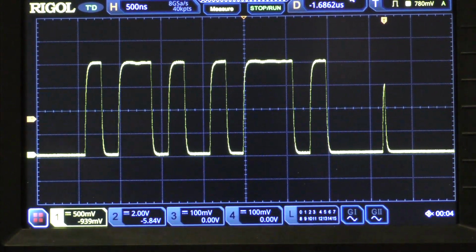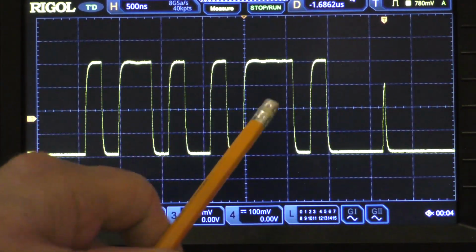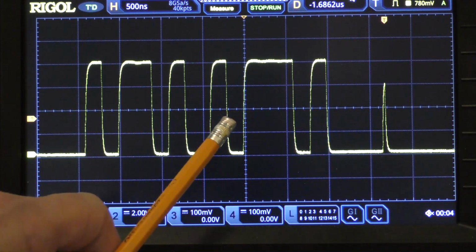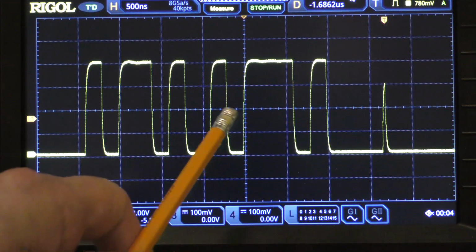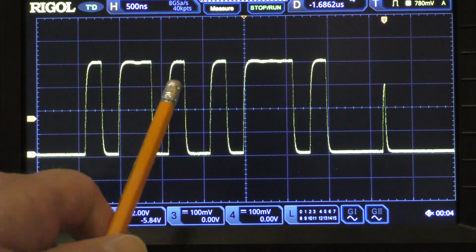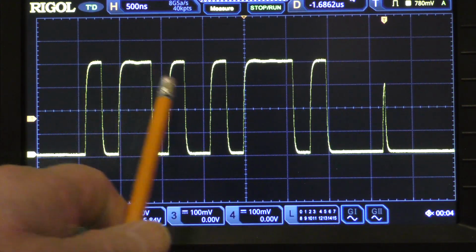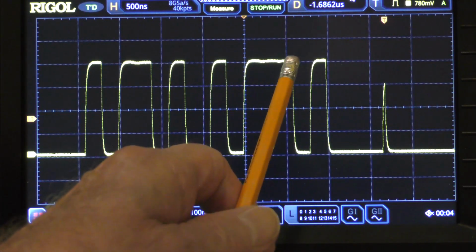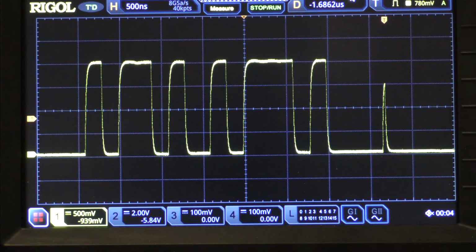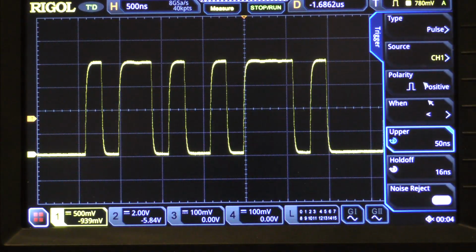Now I've changed the time base a little bit, and notice that we now have 500 nanoseconds per division. Notice that all of these pulses are less than a division wide except this one. This one pulse is a little over 500 nanoseconds. So let's go into the pulse trigger menu and let's set it to greater than